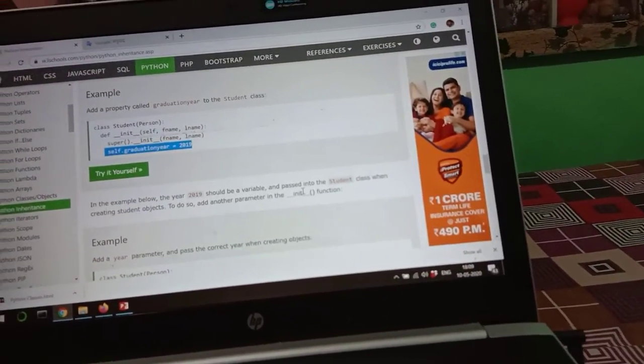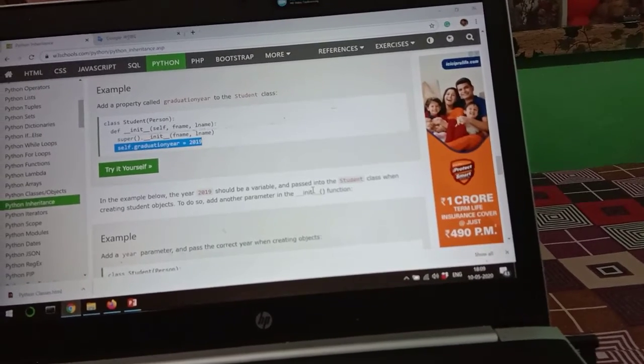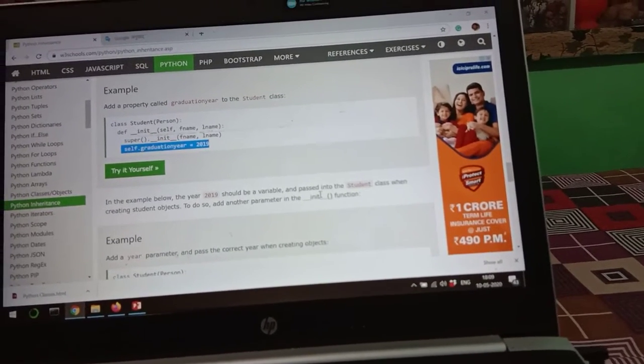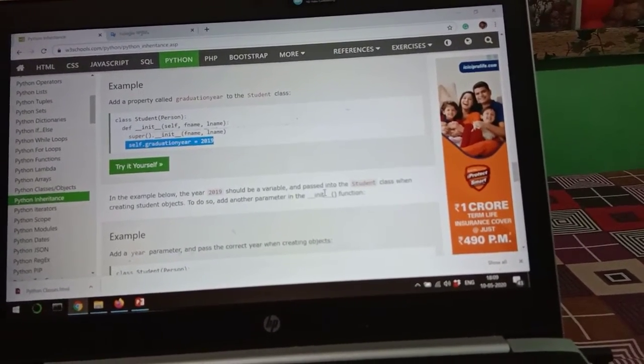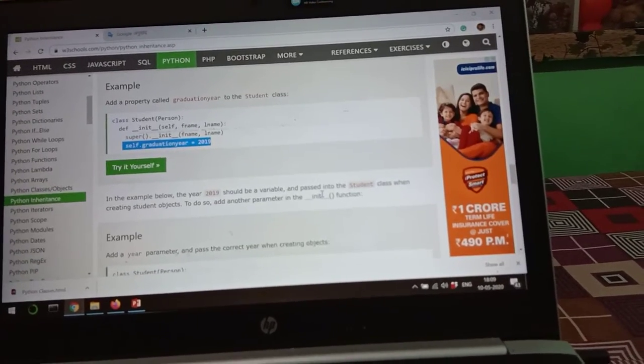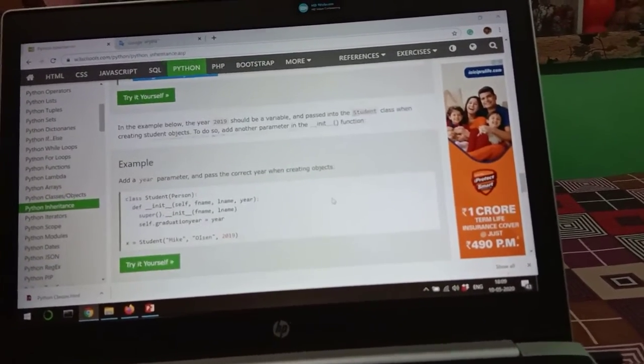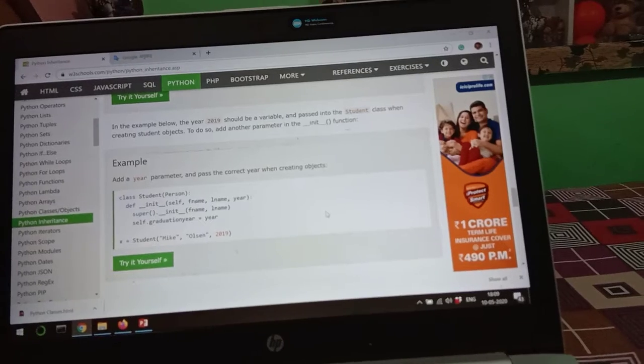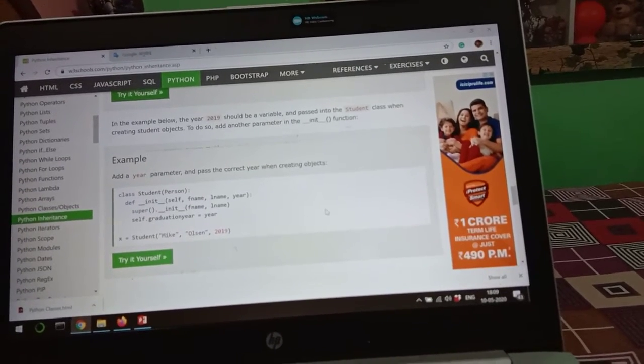In the example below, the year 2019 should be a variable and passed into the Student class when creating the student object. To do so, add another parameter in the init function. So add a year parameter and pass the correct year when creating the object.